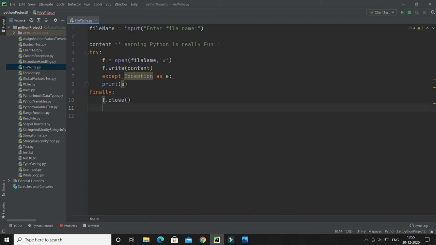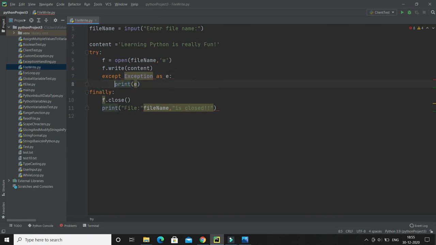Now here I'm going to just print a message. This will write something like file, and I will give the file name, and I would say is closed. Some message. And that's it.